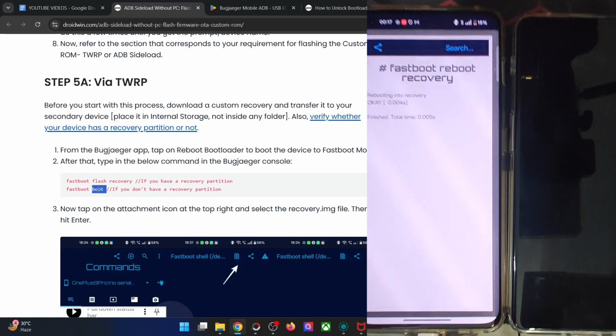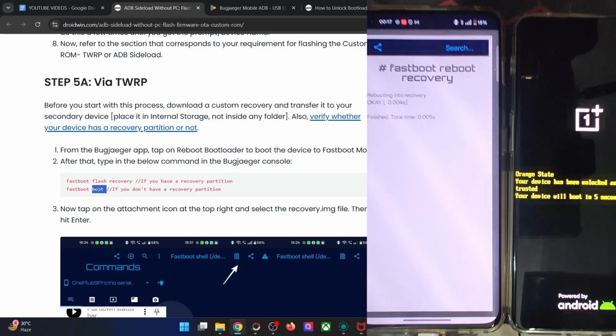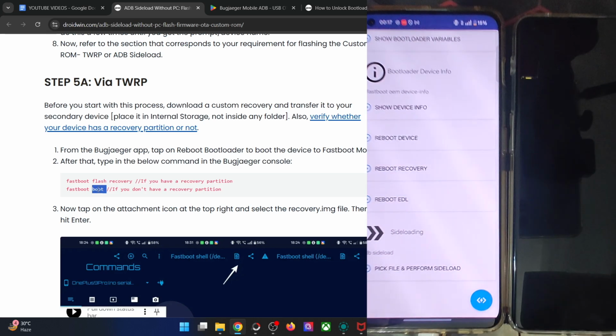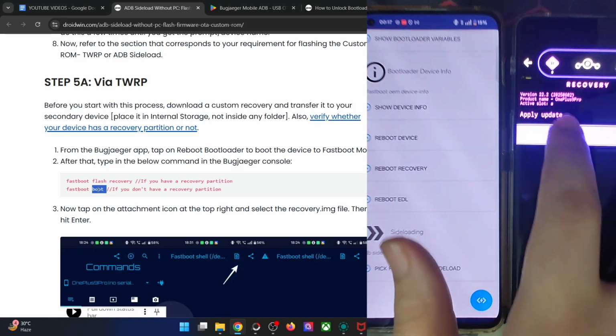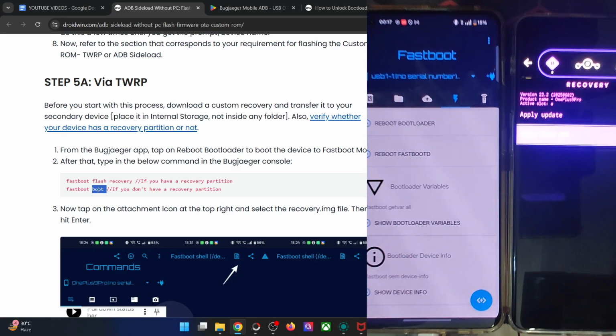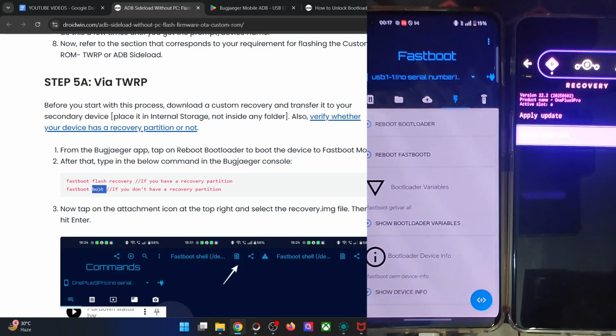As you could see, it's now in the recovery mode, and once that happens, you may then do an ADB sideload of the required zip file as well. For example, if you want to flash the GApps package, let me show you that as well. Choose apply update, apply from ADB, and in my first phone, the secondary phone should have the GApps package. So I don't have the GApps package currently. I have to transfer the GApps package from my phone currently.